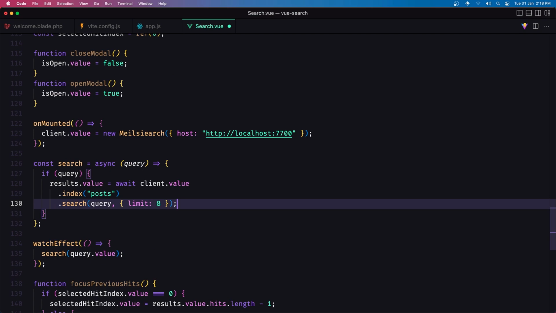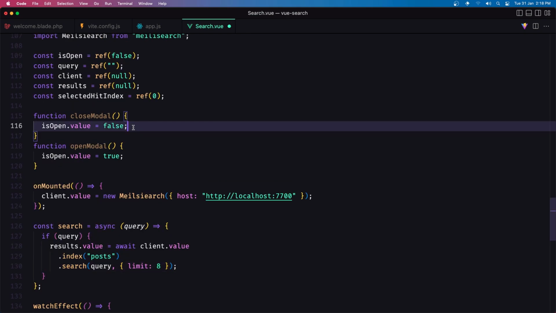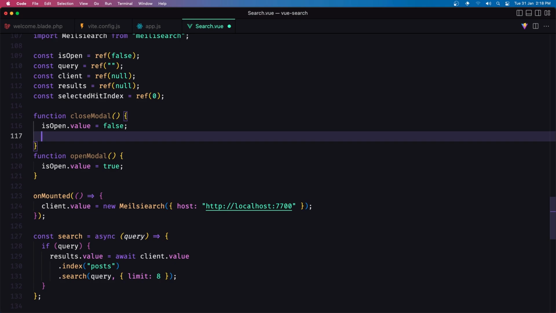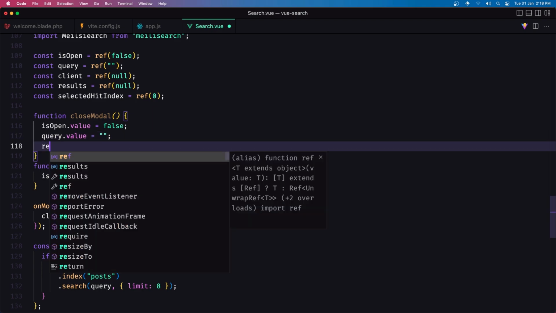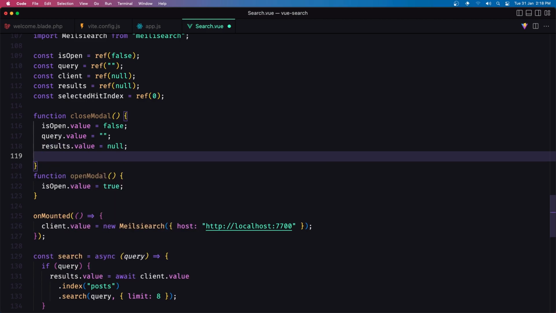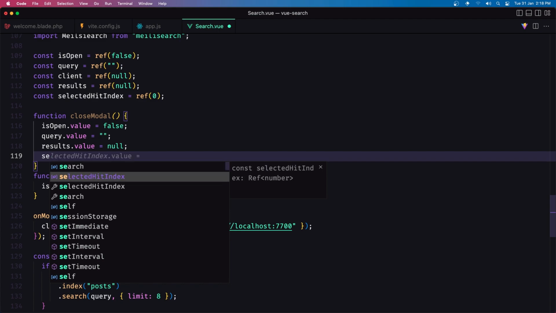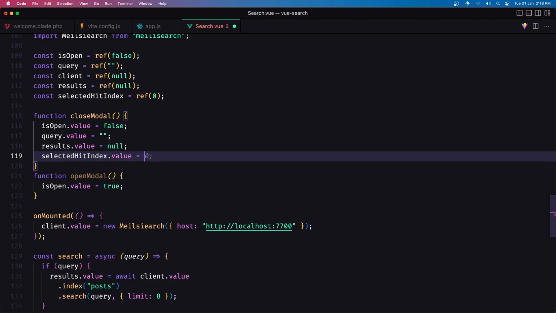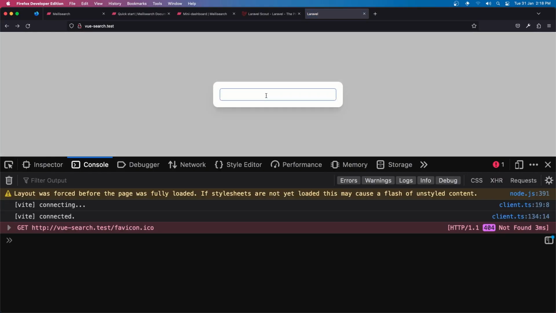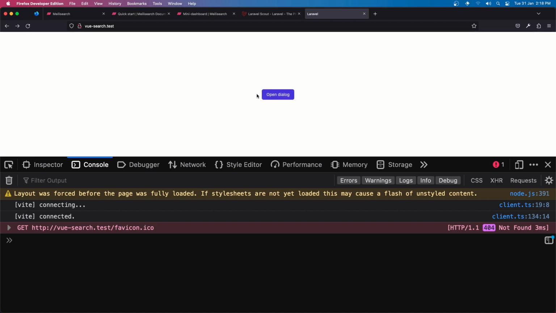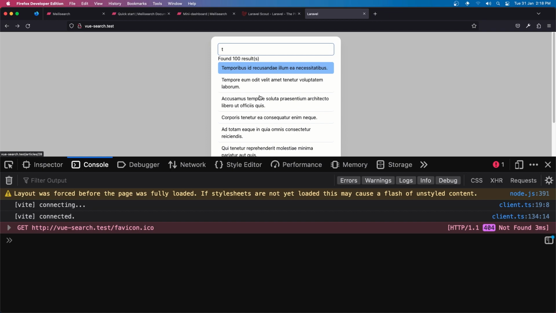But on the close, when we close the modal, what I want to say also is the query dot value to be an empty string, also the results dot value to be null, and then the selected hit index value to be 0 again. And let's come here, refresh, open, type something, and let's close, open again, type something, yeah, it's working. Now if I select this one, and I'm not going to click with the mouse, but I'm going to hit enter,